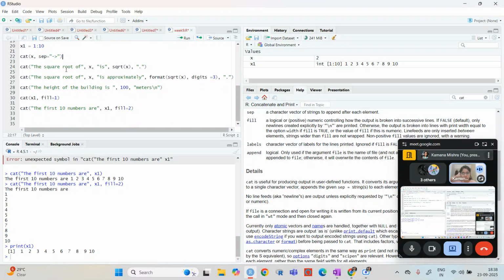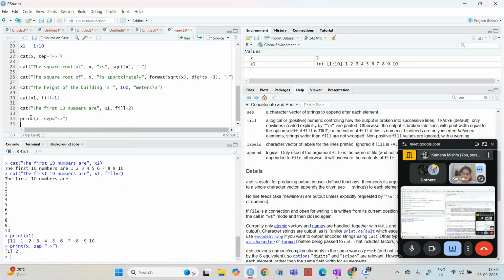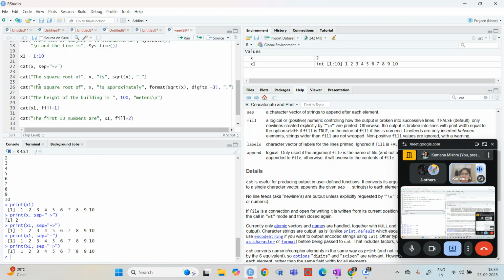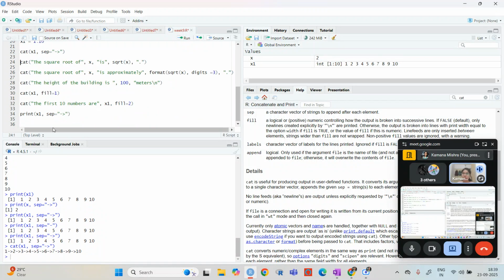let me write this. Print this, oh no sorry, it is x1, right? So in x1 you can see that it isn't separated by this. In the print function it is not separating by this. In the cat function we can see that with x1, it will separate it by this.